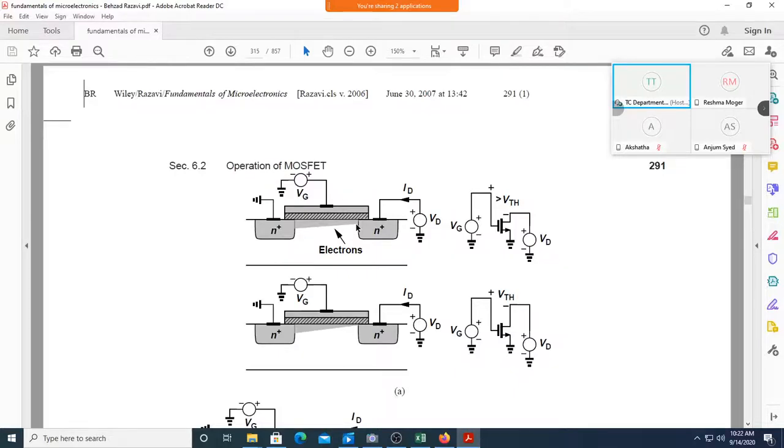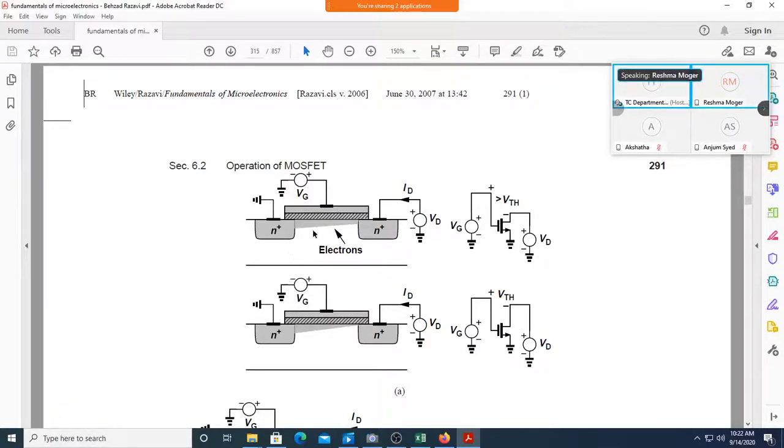For this particular picture, is the VDS 0 here? Now, what will be the channel density of electrons over the entire length when VDS is 0? Will it be constant from source end to drain end? Why will it be constant? Since there is no current flowing, the gate to substrate voltage will be constant throughout the